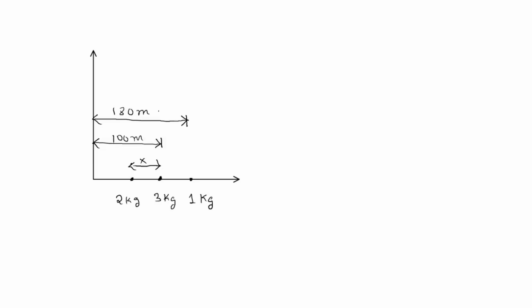Now the sum of the moments of masses about the center of mass must be 0. Therefore, from the figure we can write: 2x plus 80 equals 0. So therefore from here we will